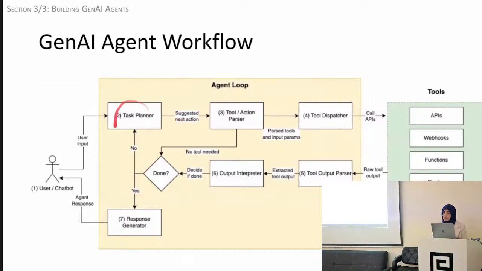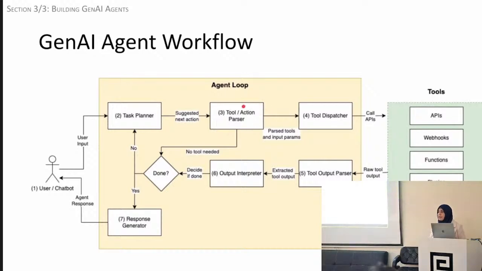Now this agent is actually planning tasks based on that prompt. For example, I might say, I feel like eating some spicy food today. Can you order me something based on my preferences? That's a pretty complex thing for an LLM to break down, so it'll have to plan that task. It'll have to say, okay, it requires many steps. It requires looking at what I've ordered previously, what's available in my locality, whether it's spicy, maybe looking at reviews. So it's going to plan that task and suggest the next action,